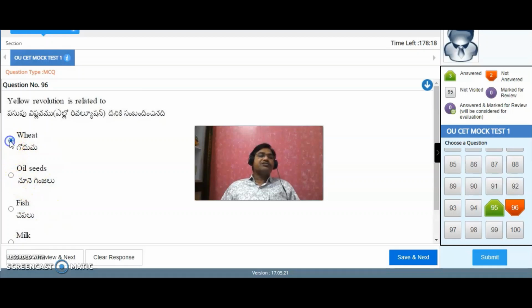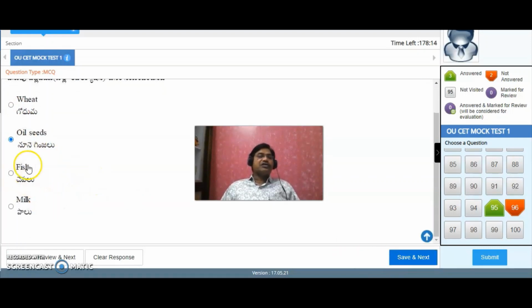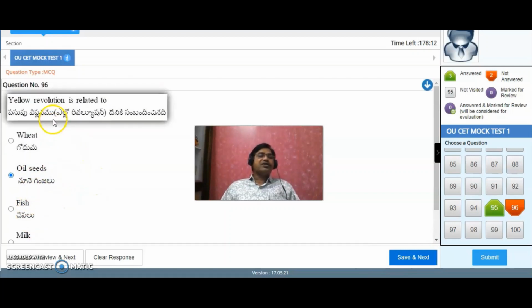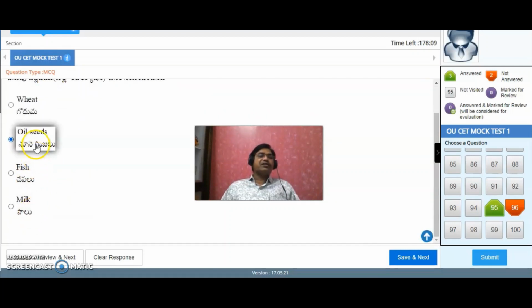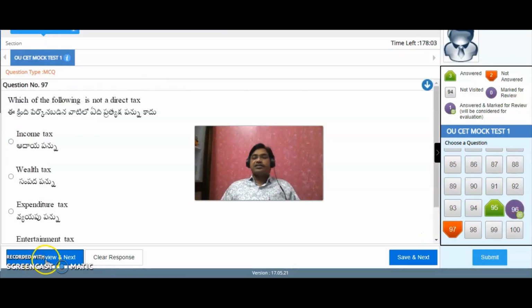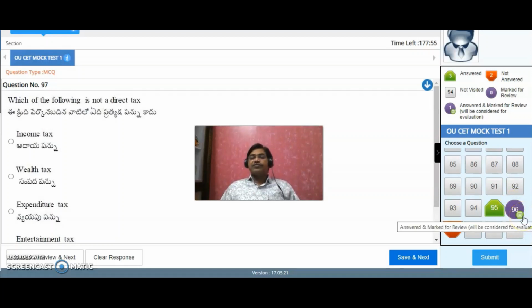See here, I have a doubt whether it is oil seeds or wheat or fish or milk. Okay, I have a doubt, that's why I marked it for review and next, and it went to the next question. You see here question number 96 is answered and marked for review.